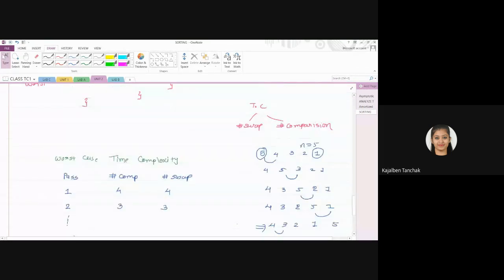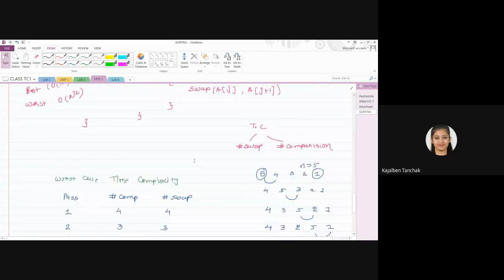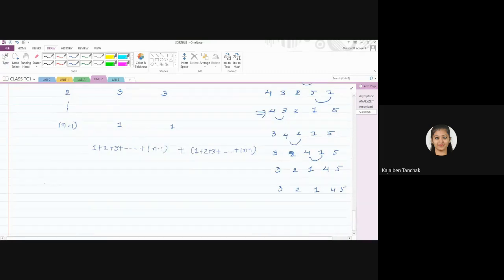Or else you can do one thing. The same algorithm is there. You have to identify how many times this loop is going to be executed. Each statement, how many times it is going to be executed, and then you multiply, then you will get the answer, right? So you already know the formula for 1, 2, 3 up to n. What is the formula here? n into n plus 1 divide by 2. But here the loop is going from 1 plus 2 plus 3 to n minus 1. So you have to replace n with n minus 1. So n minus 1 plus 1 divide by 2.